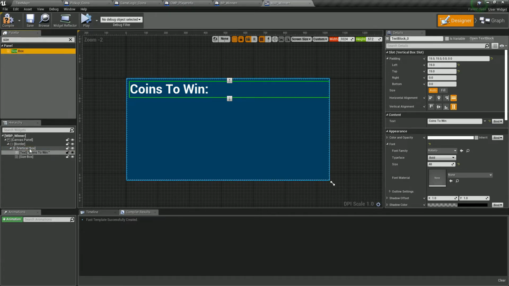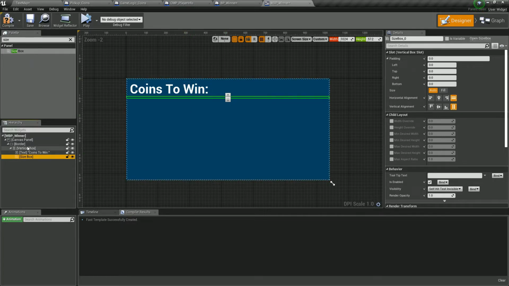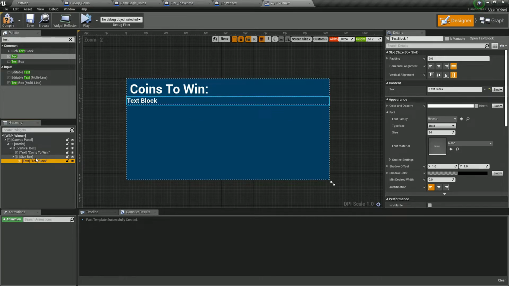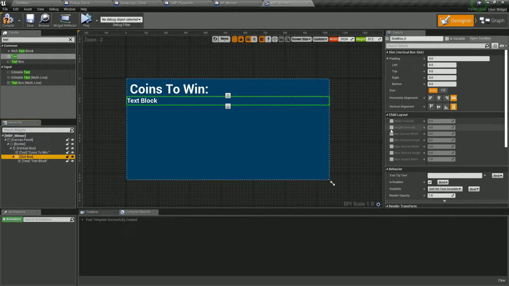We'll add that on our vertical box, which will place it underneath the text. And then we will add a text box to that as well. And what we want to do is click our size box. We want to set our width override to be, we'll do 800. And we will set the horizontal alignment to be center. And then what we want to do is add a top padding of say 100, and we want to add a height override of